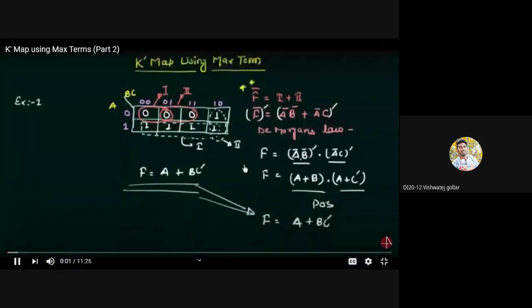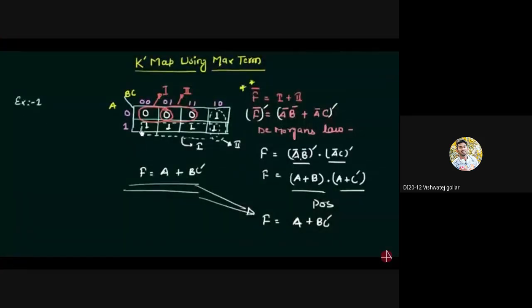In the last presentation, we saw one example by using the zeros, by grouping the zeros, which we called the K-map by using the maxterm. Now this is the next presentation in which we will solve example number 2, in which we are given a function f having the variables a, b, c and d, and the minterms